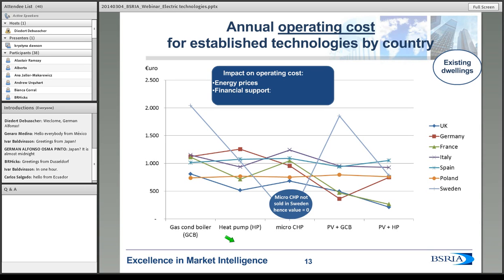The benefit of feed-in tariffs for heat pumps can also be observed in the UK, where feed-in tariffs for renewable energy products, including heat pumps, are already approved. Feed-in tariffs play a decisive role in making PV systems attractive. In Germany, UK or France, where they are high, feed-in tariffs significantly help lower the operating energy cost for dwellings